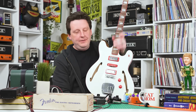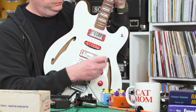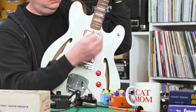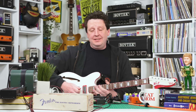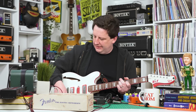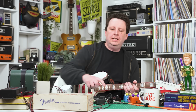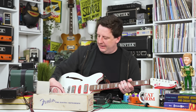Now, we all love this sound. Watch me roll the volume off on my guitar. One of the best fuzz face sounds that exists is backing the volume off. Full volume, back it off. It's the best clean tone. I haven't touched the fuzz, it's all maxed out, look at that. But my knob here,